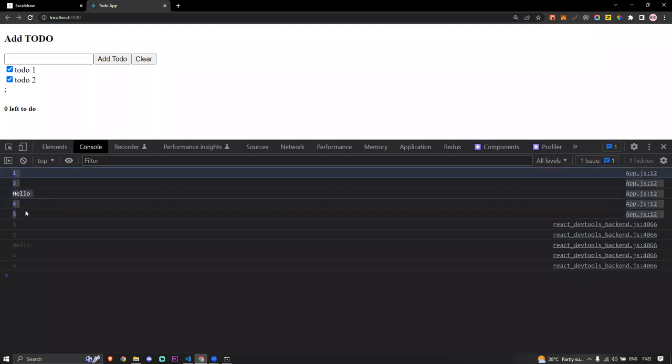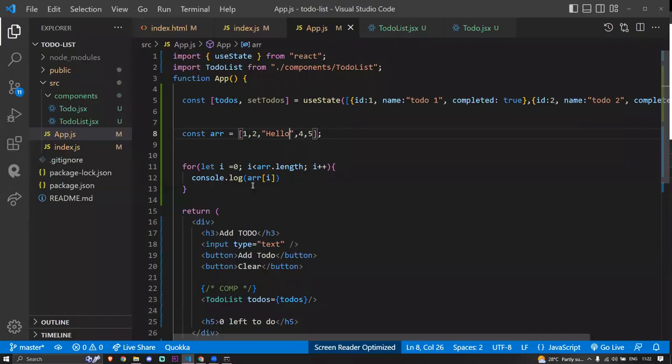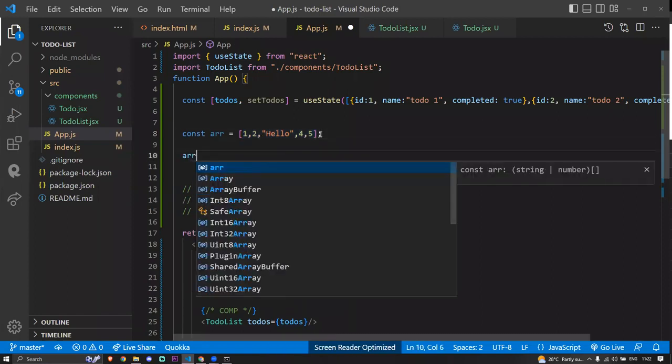It is looping now. This is how we use it, but we don't want to use the for loop each and every time when using the array. In array we have core methods. So we can use map, which is also going to do the same thing. I'm just going to get a specific value each and every time the loop is running. So what I'm going to do, array dot map,